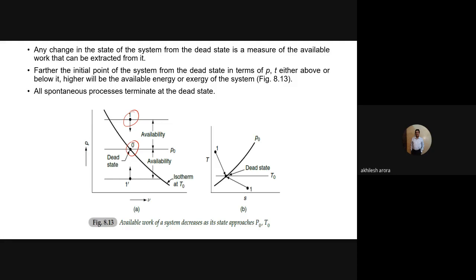और एक चीज़ आप ध्यान से देखो, ऐसा नहीं है कि पॉइंट 1 जो है अगर लोअर टेम्परेचर पे है और डेड स्टेट जो है हायर टेम्परेचर पे है तो उसमें वर्क नहीं मिलेगा, तब भी हमें अवेलेबल वर्क मिलता है. देख लो, यहाँ पे एक क्वेश्चन मैंने दिया था एग्जामिनेशन में और आपने कहा था सर नीचे से कैसे वर्क मिलेगा, अगर सिस्टम का टेम्परेचर नीचे है तो वर्क मिल रहा है. ओके, सो वर्क जरूर मिलेगा, चाहे जो सिस्टम का टेम्परेचर है वो सराउंडिंग से ज़्यादा हो या सराउंडिंग से कम हो, दोनों केसेस में हमें वर्क मिलेगा.